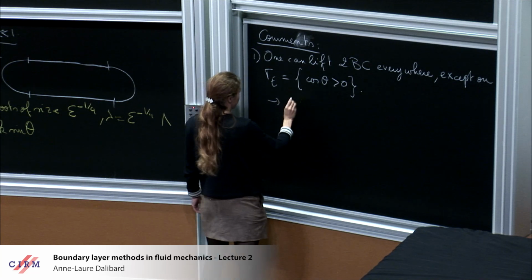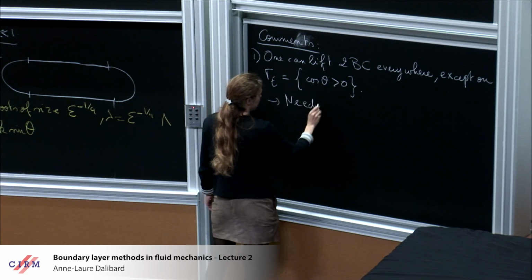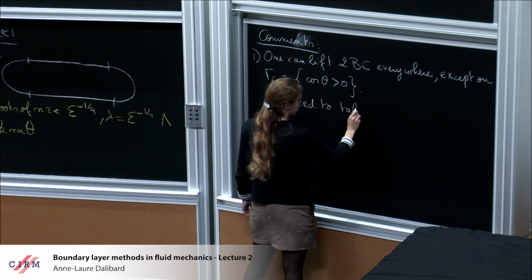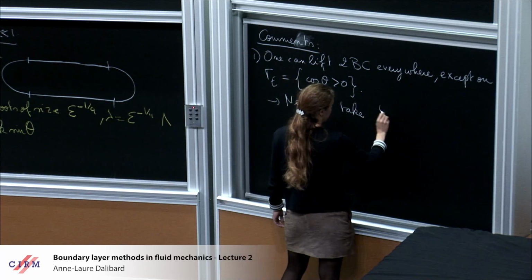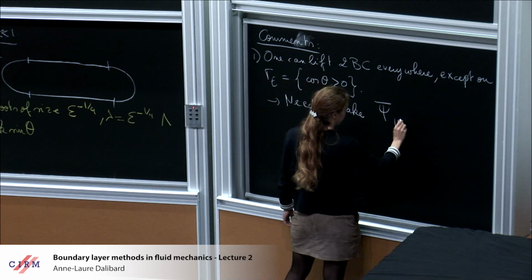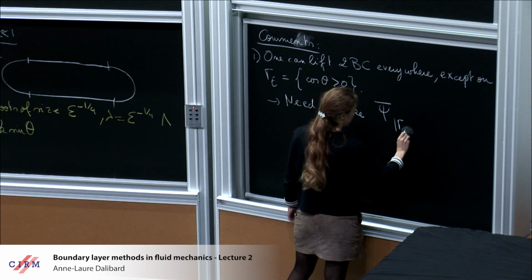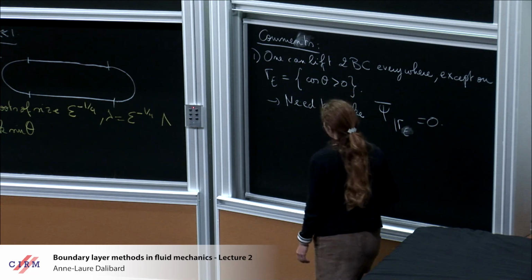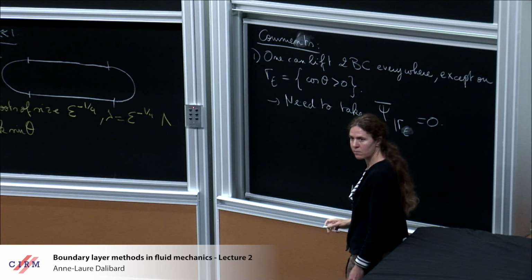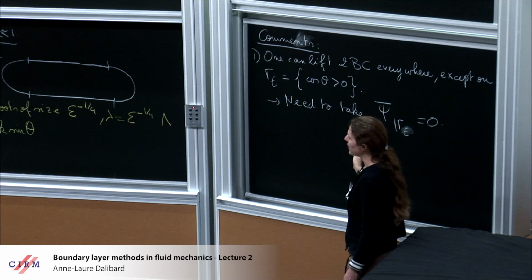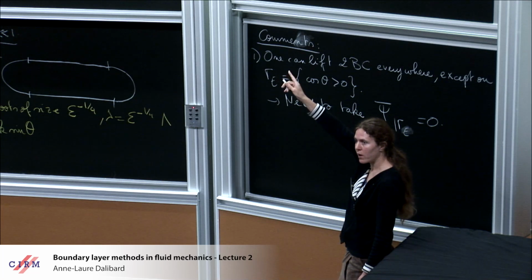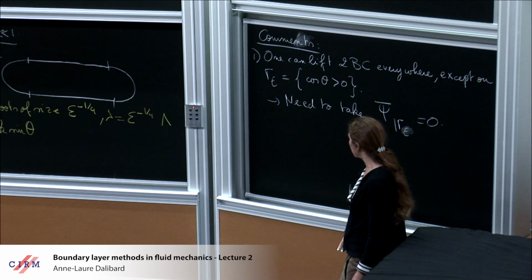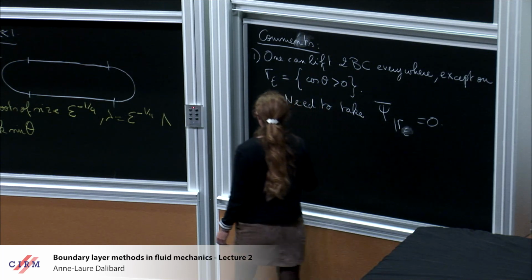So you need to take psi bar on gamma E equal to 0. Okay? So the boundary layer analysis is prescribing where the psi bar should vanish. The consequence of that